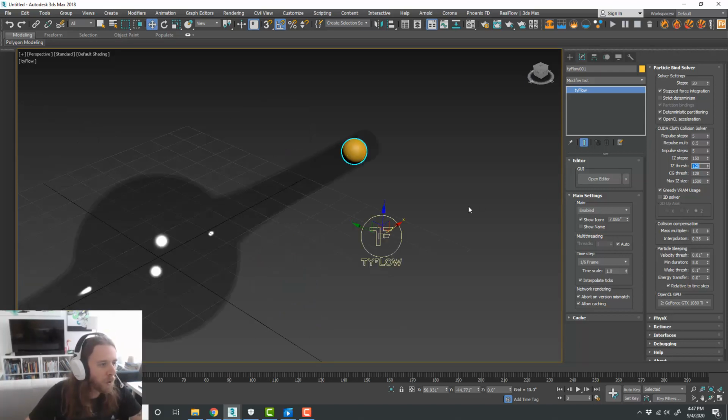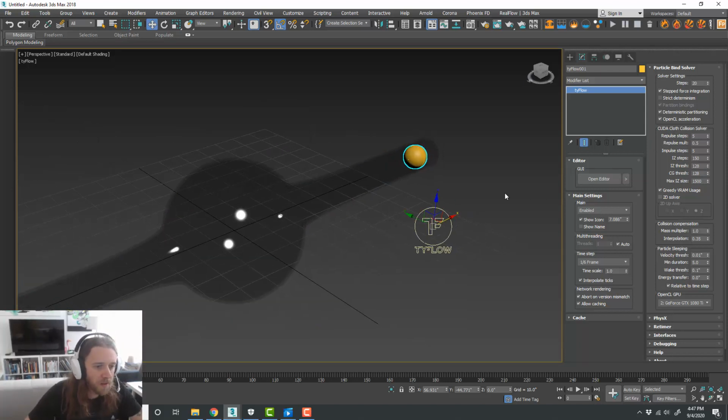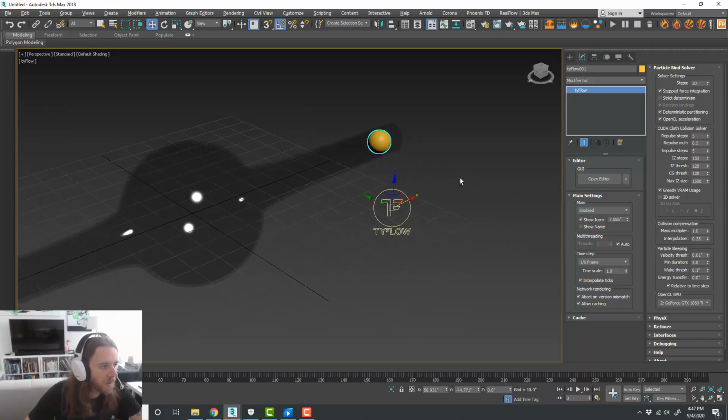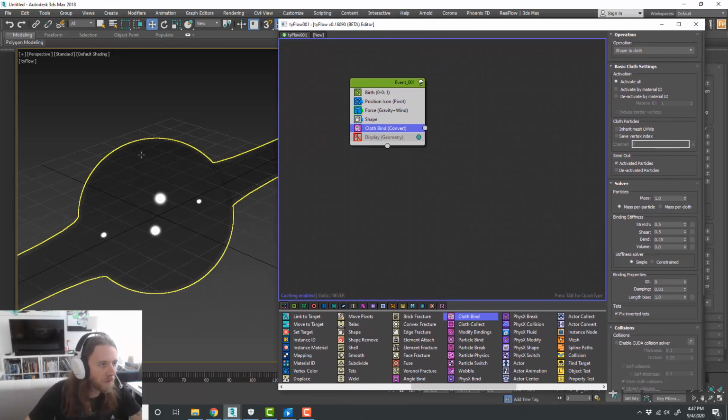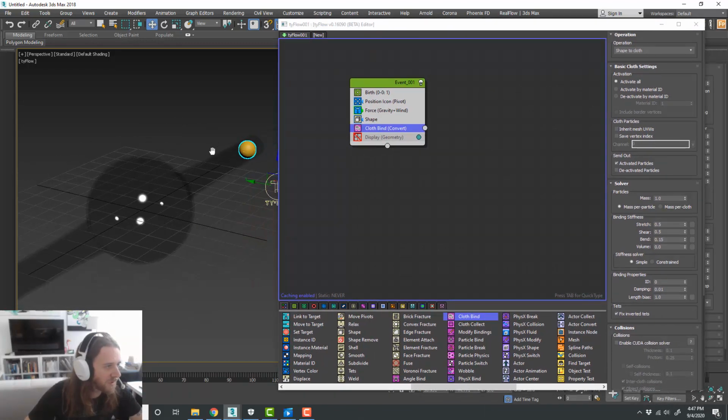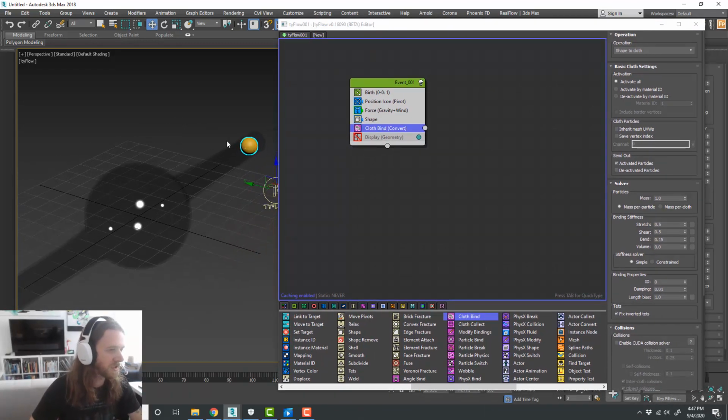And we'll poke around with that a little bit more probably, but I think that should generally work for smooth cloth for this type of simulation. Those are the settings that I used originally. So depending on the scale of your scene and the speed of everything, you might have to tweak those settings a little bit. But regardless, under the cloth bind solver in TyFlow, we're going to have to enable